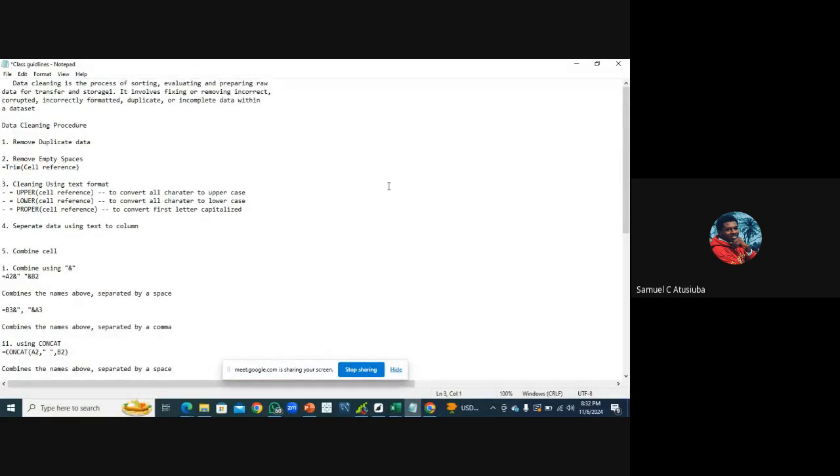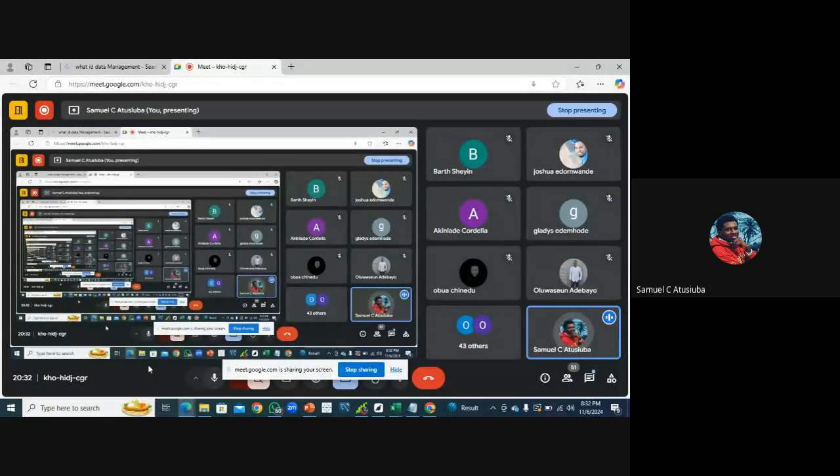Now, first in the data cleaning procedure is to remove duplicate data. Sometimes we might have a scenario where more than one entry is made. Take for example this attendance. If there was no feature in the attendance that hinders you from entering attendance more than once, I bet you that some persons might enter their attendance more than once. Right now, if you go back to fill the attendance again, it tells you, sorry, your attendance has already been filled, you cannot